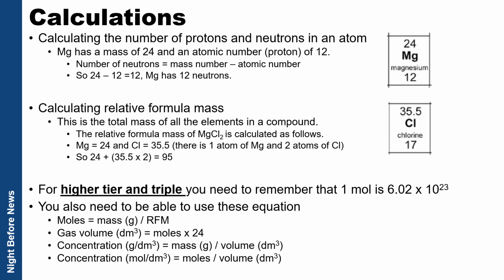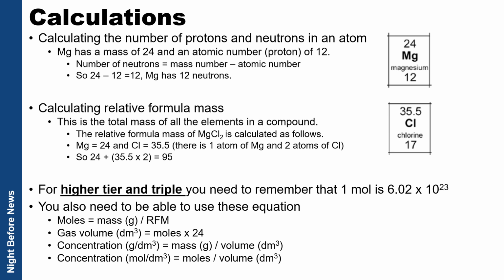So we know that 12 out of those 24 particles in the nucleus are protons, therefore the remaining must be neutrons. So if you're asked to calculate the number of neutrons, you need to take the mass number and subtract the atomic number. So for this example, it would be 24 minus 12, and that would give us 12